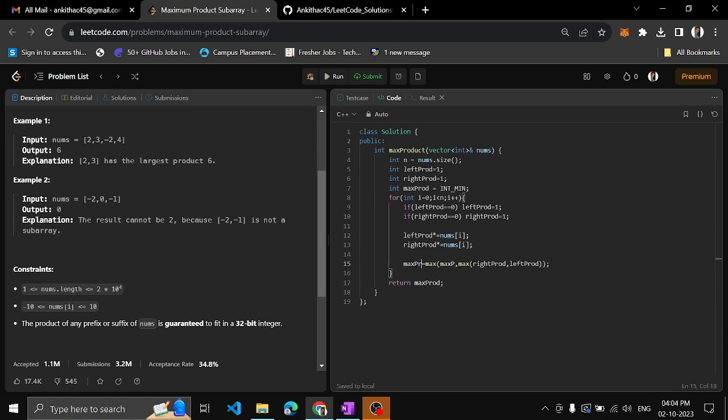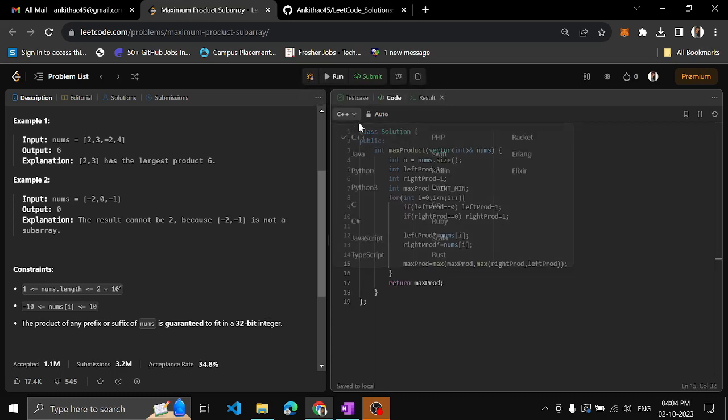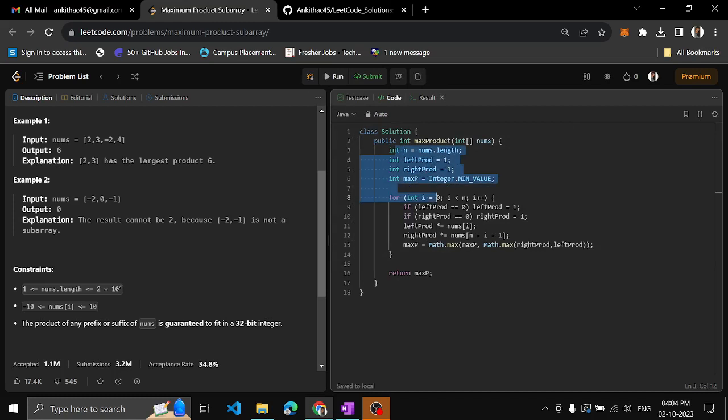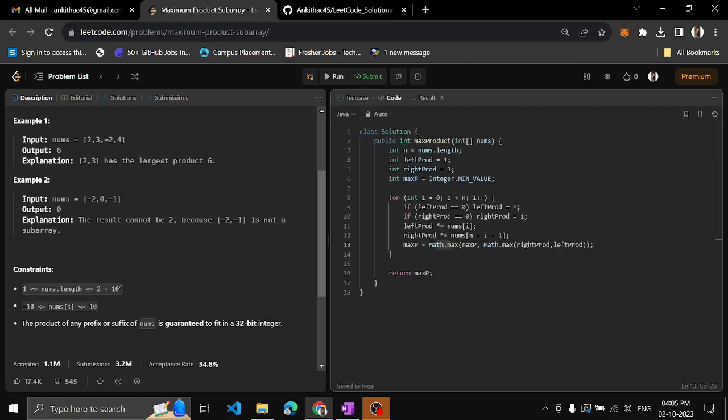Here it should be PROD, and similarly here also. Yeah, we can run this now. Yes, and Java also same logic, nothing changes. Find the answer. So here we will use math.max. We will submit this also. Yeah, and one more thing, it's got submitted. One more thing which you notice here is